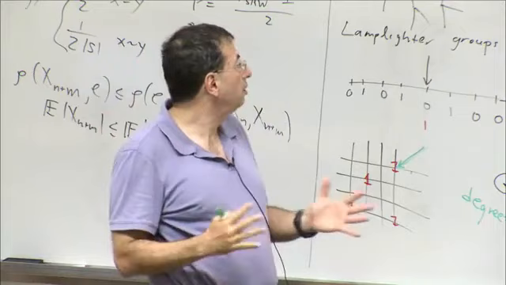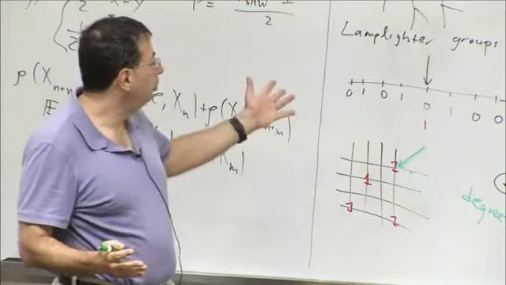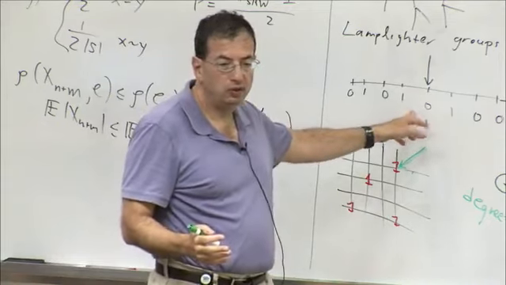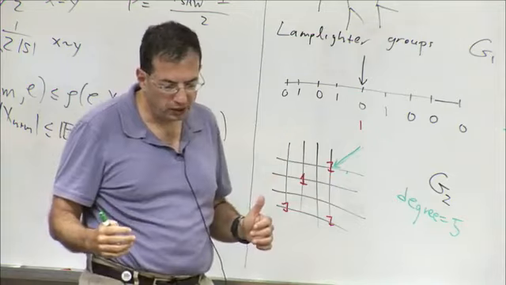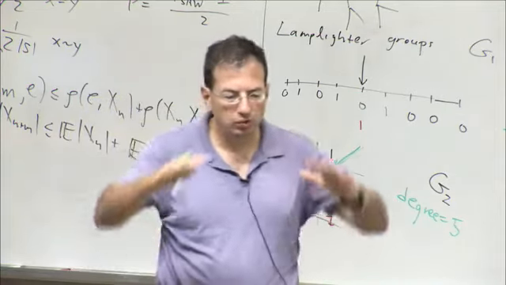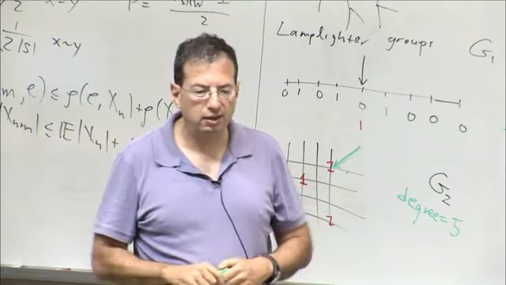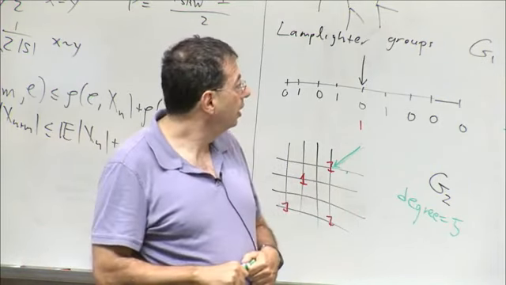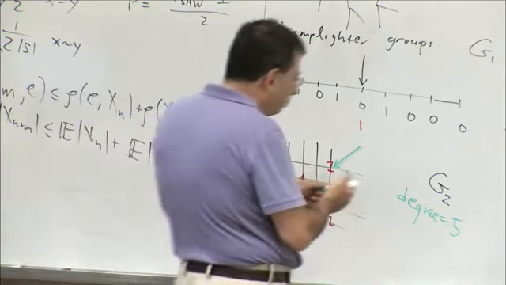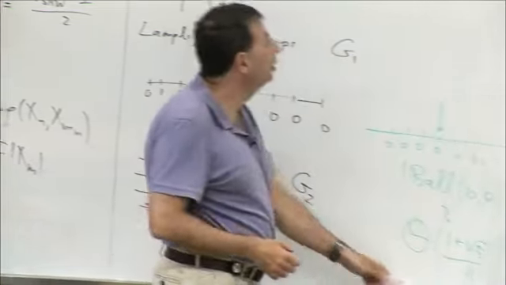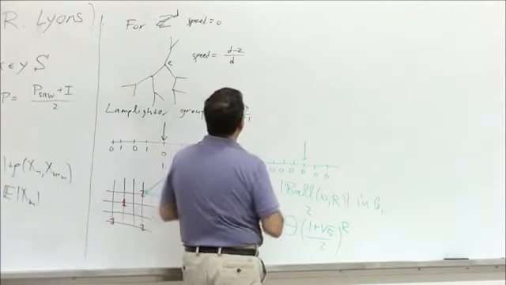So you see that exponential growth doesn't determine it. G1 has speed 0, G3 has positive speed. Both of these groups actually are amenable, which means the surface to volume ratio goes to 0, so that doesn't determine things either. What does determine things is something else, which in general determines the asymptotics of the walk, which are harmonic functions.